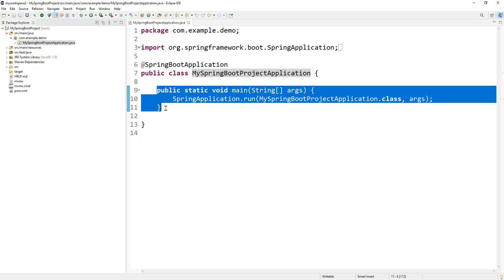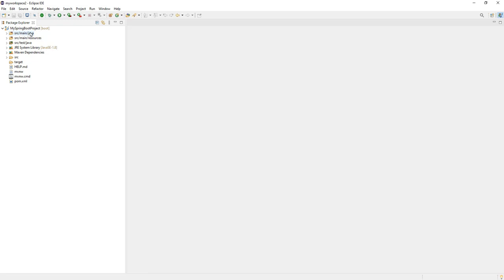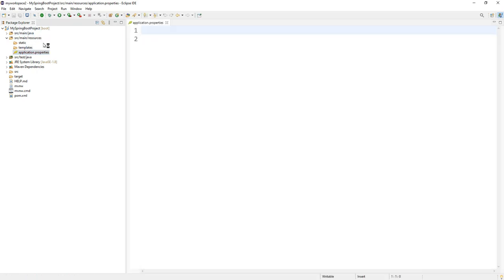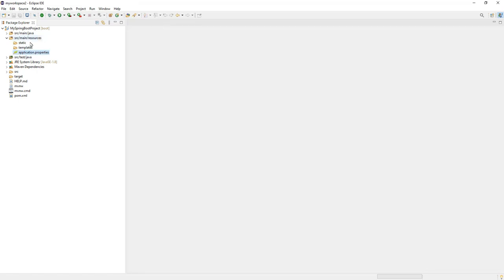The actual code we will implement goes in this folder structure, com.example.demo. Under src/main/java, all the development code will reside. If the project requires any resources, they are present under src/main/resources, and especially you can see application.properties here. If your project needs any configurations, we can specify them inside the application.properties file. We can use this file later. By default, all the resources will be part of src/main/resources.